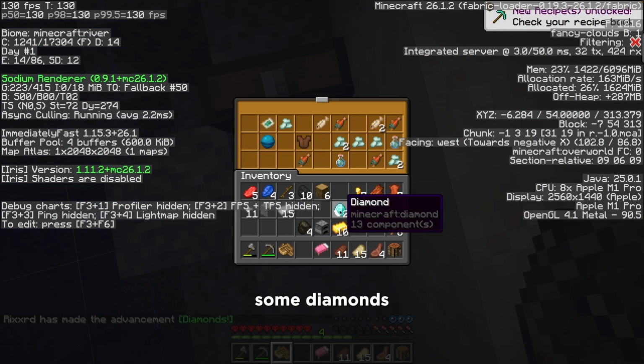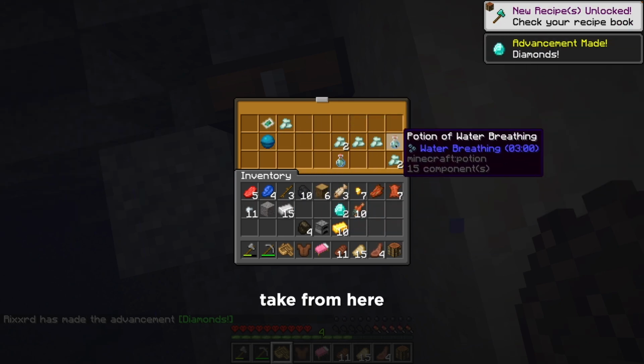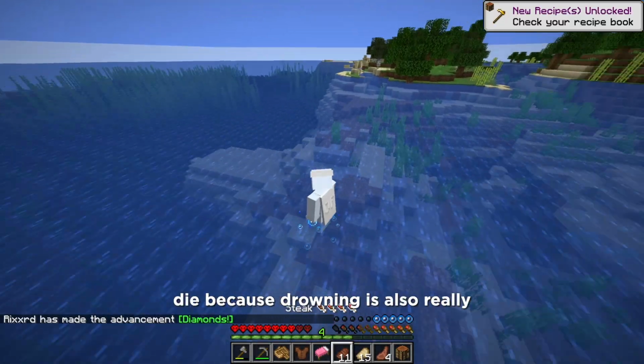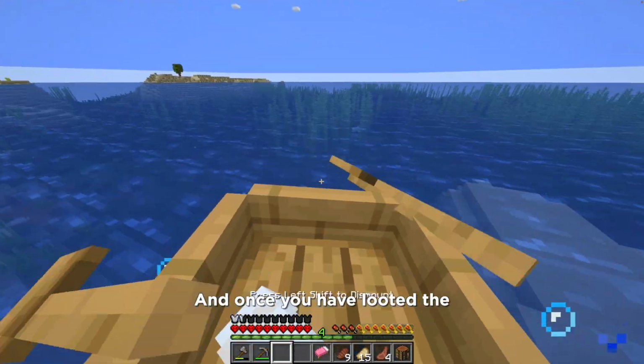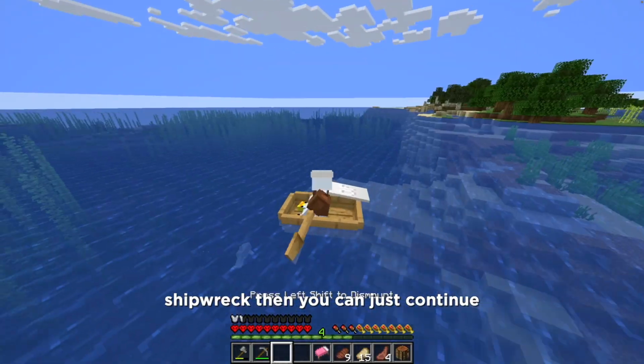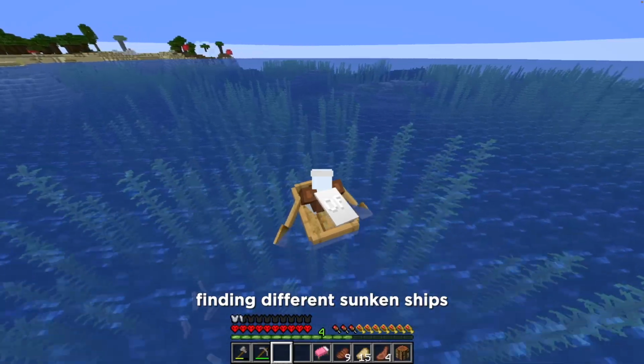As you can see, we got some diamonds. We also got some food. Basically take everything that you can take from here. But yeah, be careful to not die because drowning is also really dangerous. And once you have looted the shipwreck, then you can just continue on driving around your boat and finding different